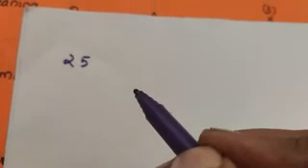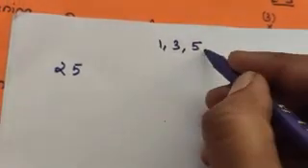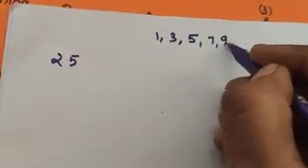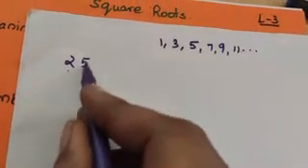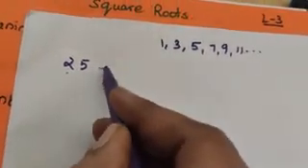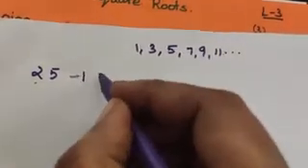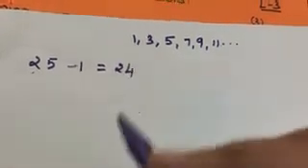This is a simple number, you know that the square root of 25 is 5. But using repeated subtraction, how do we find it? Here we are going to subtract only the odd numbers. Odd numbers, you know, are 1, 3, 5, 7, 9, 11, like that it goes on. One by one we have to subtract from this number. So 25 minus 1, the first number is minus 1. So 25 minus 1 is 24.